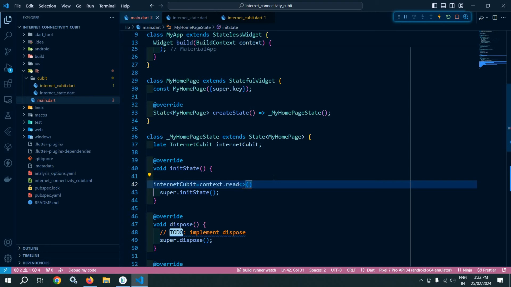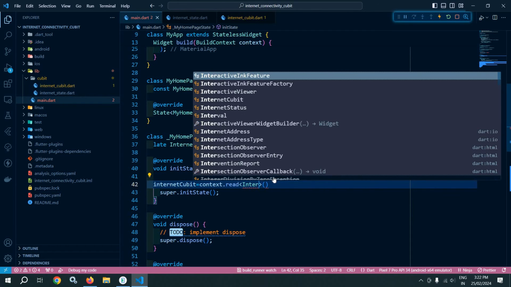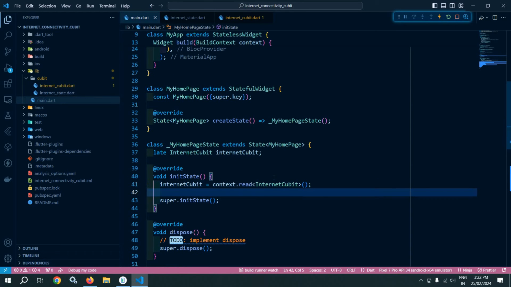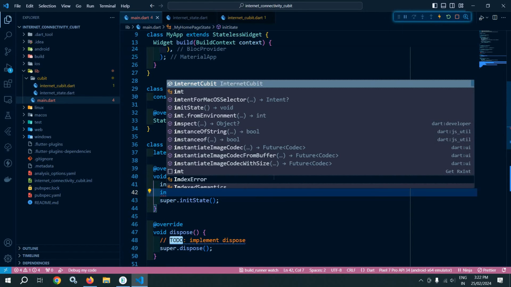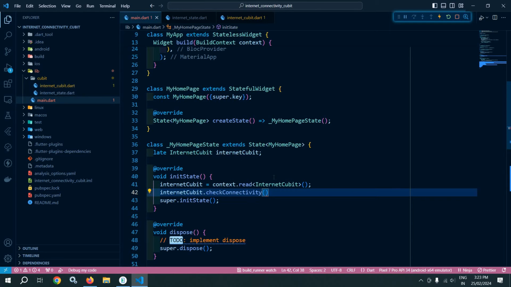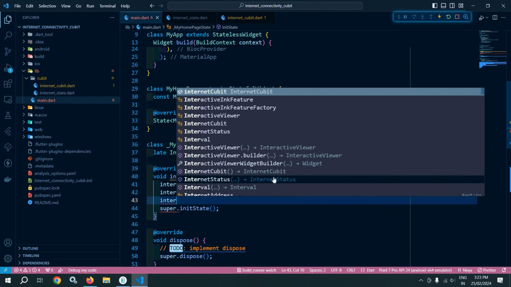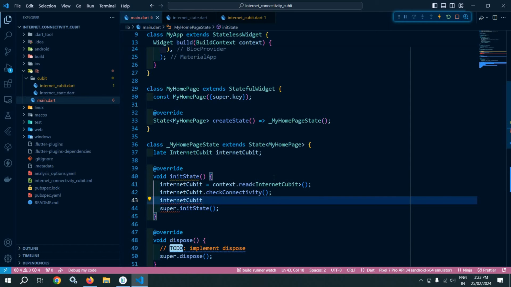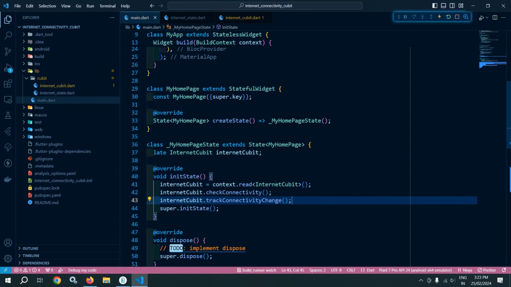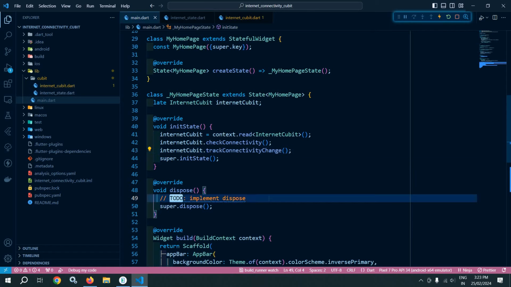Here I need to specify the type, and this type will be internet qubit, and with the help of this internet qubit now I can call the check connectivity function, as well as I can call the track connectivity change function, and inside this dispose here